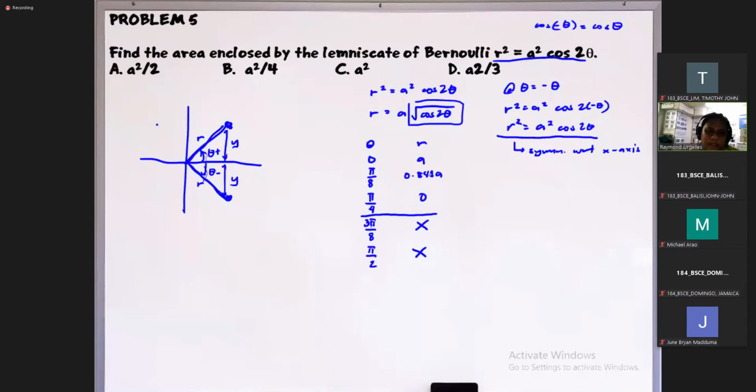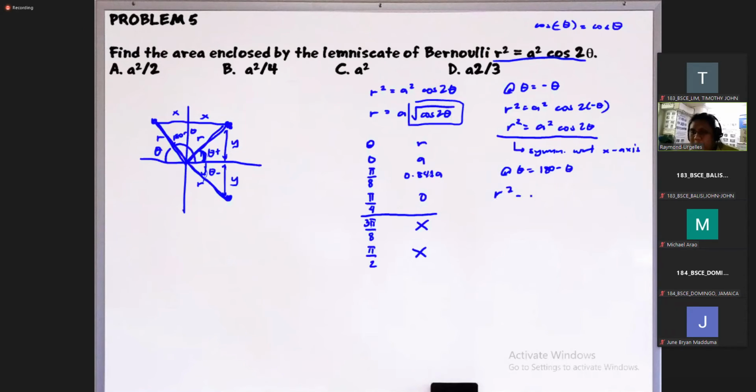Now, if we reflect it with respect to the y-axis, like this one, if this is x, this is also x. If this is theta, then this is also theta. So our angle here will be 180 minus theta, but the radius coordinate stays the same, so this is still r, because it is symmetric with respect to the y-axis. If we replace theta by 180 minus theta and the same equation comes out, it is also symmetric with respect to the y-axis. So if we try, theta is equal to 180 minus theta.